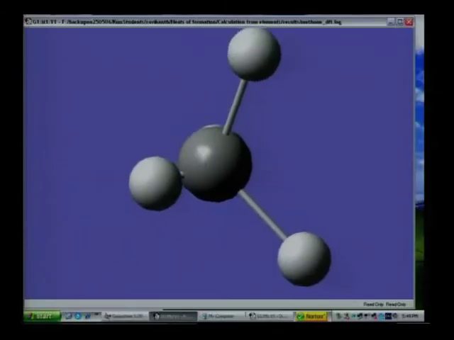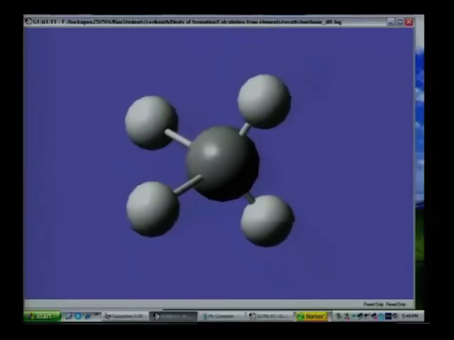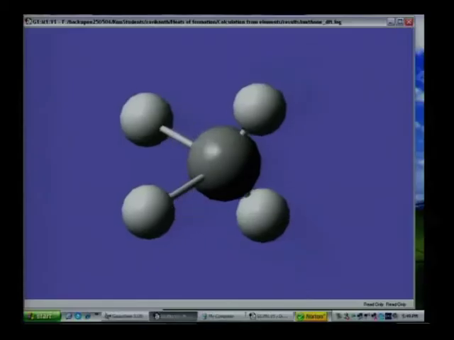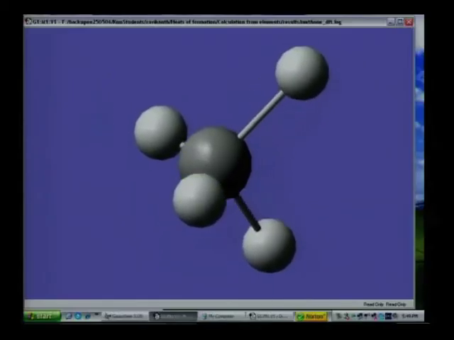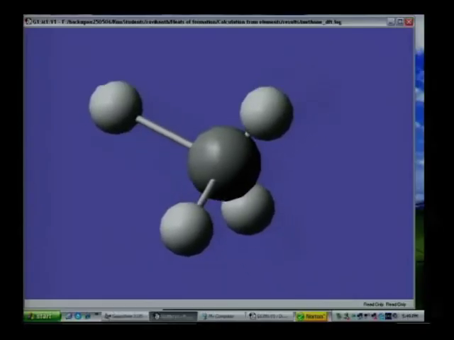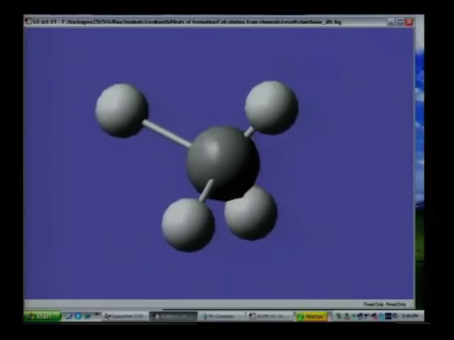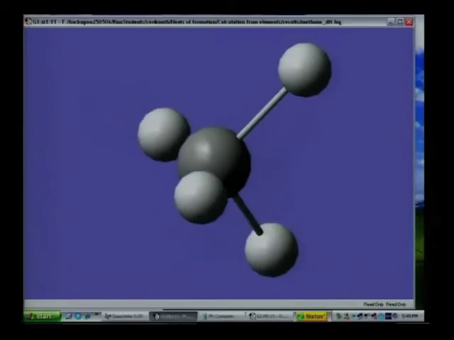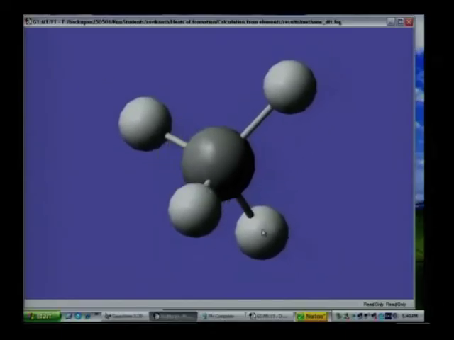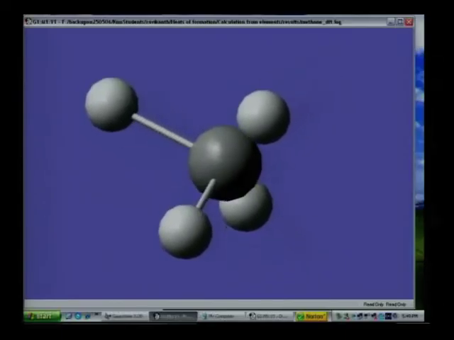You can see that this bond is being stretched, and likewise the other bond is being stretched, and there is a certain amount of synchronization. Look at it very carefully. All four atoms are displaced from the equilibrium during the same time by the same amount, because all four are hydrogens, same mass, and the